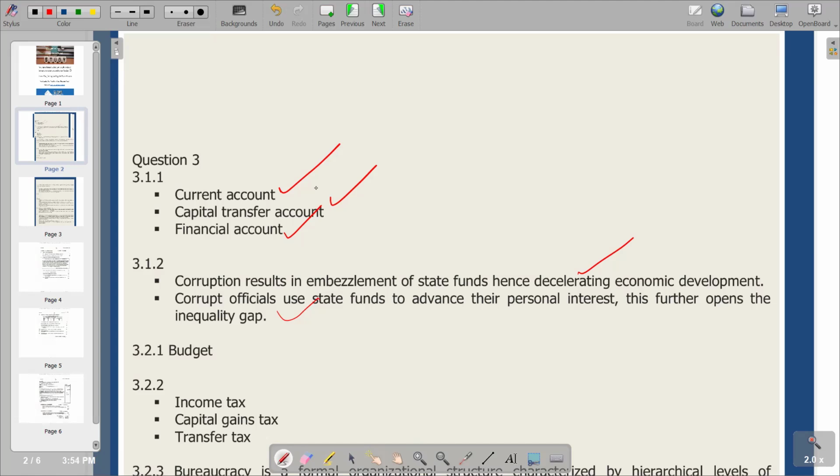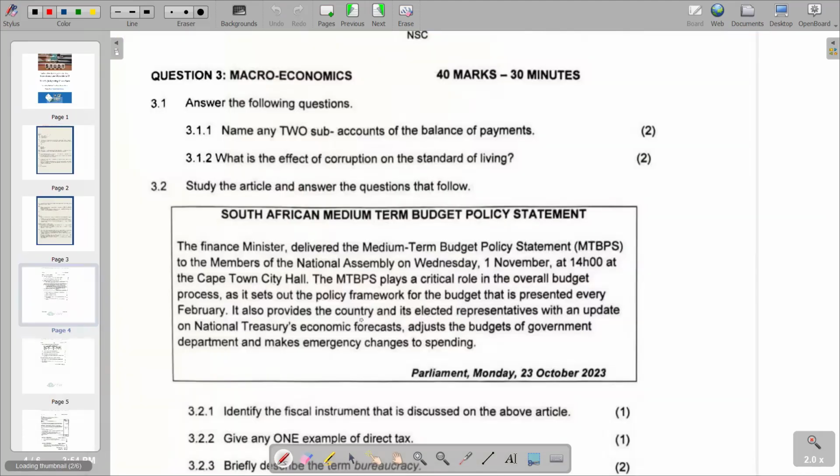So it will end up causing inequality gaps. So this is what we have. Moving on to the next question, which says: read the article and answer the questions that follow. You are given an article that you just need to read through and understand. The first question beneath that